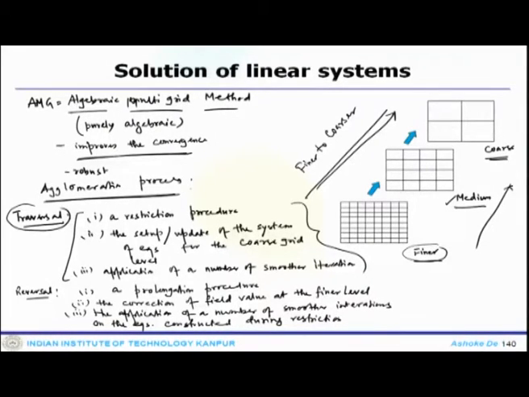Okay. So, what one has to do, this is the reversal process, and this is applicable when you come down